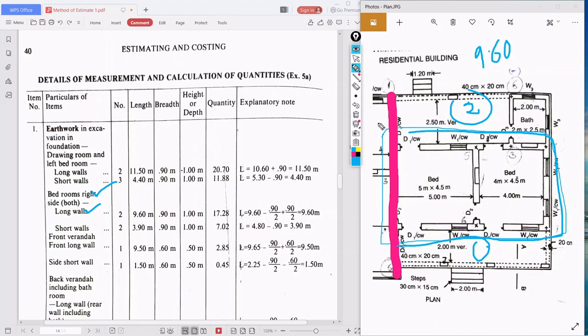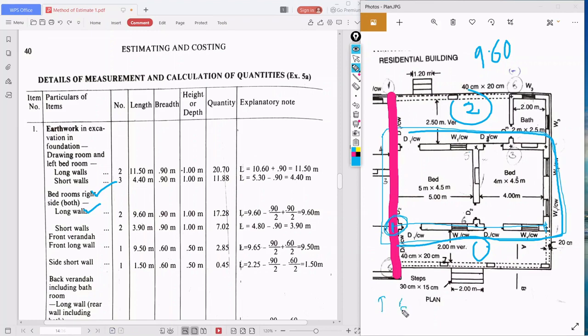This is the center to center line length of this bedroom and of this bedroom. But here, this part is already excavated, therefore what we are doing,